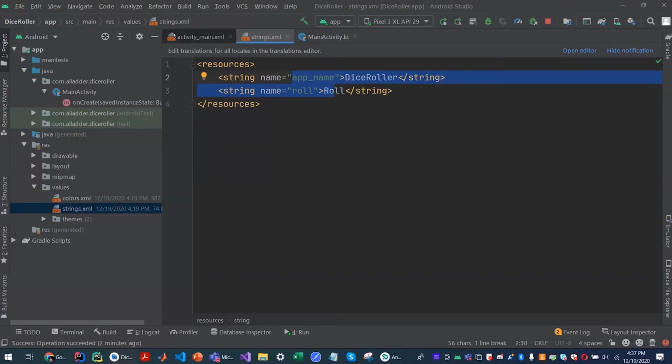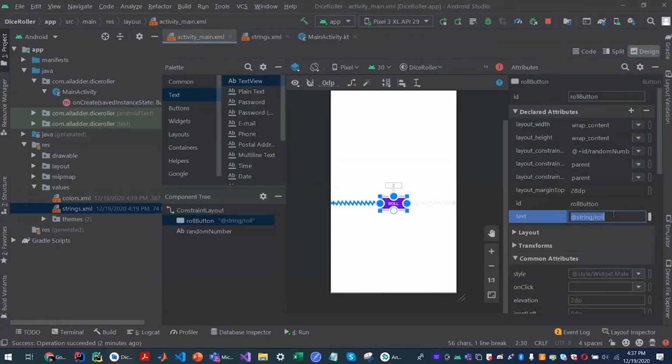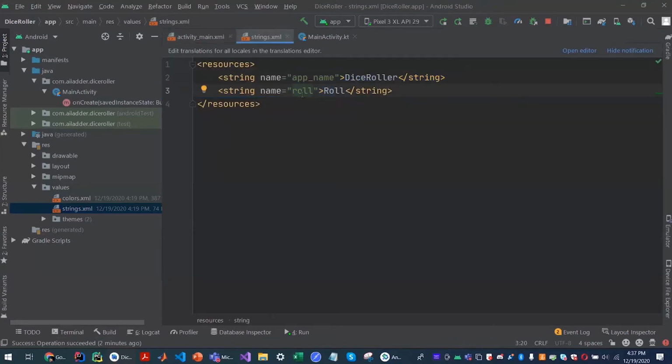Now if you go back and look at the text field, it says @string/role. What this basically means is it's accessing this file, and whichever value is under that name will be displayed here. So now it's error free. Let's see what the next thing is.